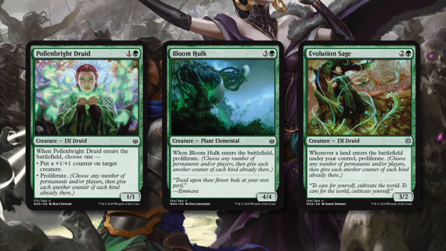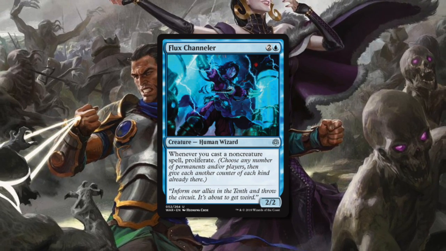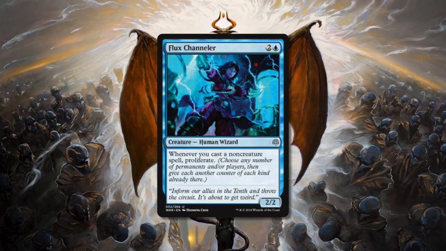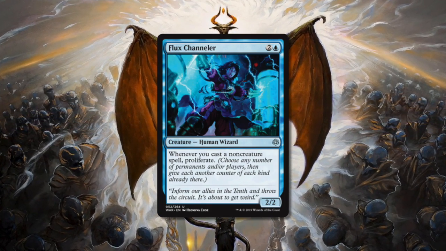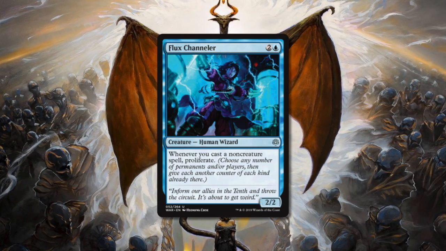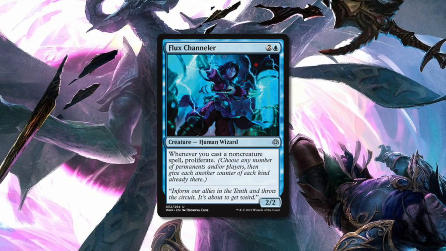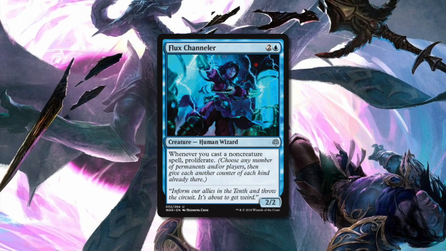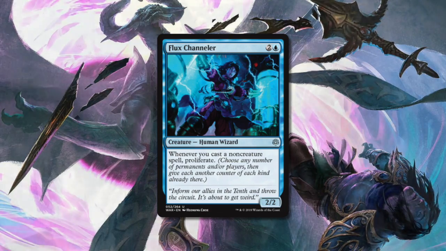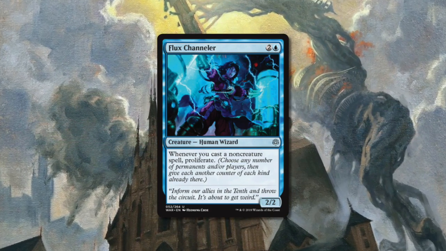Then the last of these 4 is Flux Channeler. It is 2 and a blue, 2/2 human wizard. Whenever you cast a non-creature spell, proliferate. It's just a very cheap creature, and then you cast a few other spells, and you're like, okay, I have 4 proliferate triggers, and I probably have something good, and now you're either winning or winning right now. Yeah. So these are the 4 creatures really supporting the whole proliferate mechanic in this set,